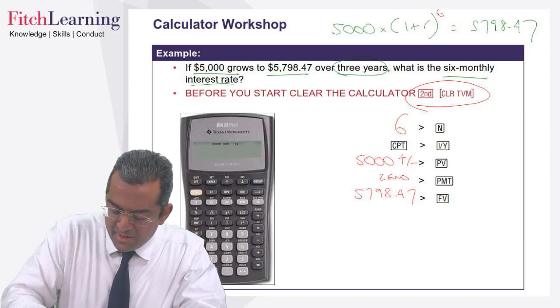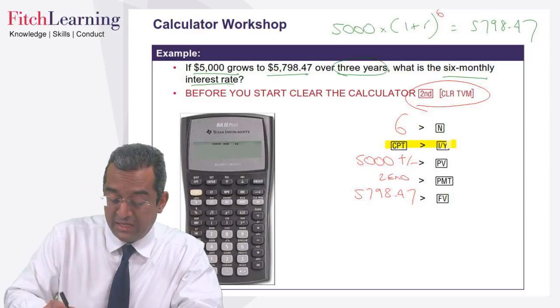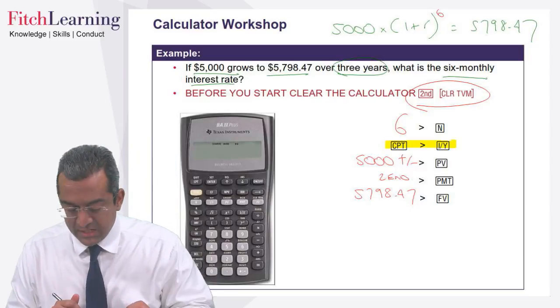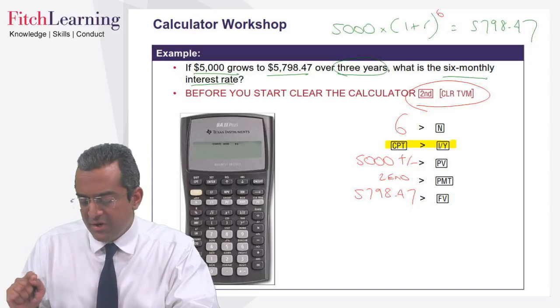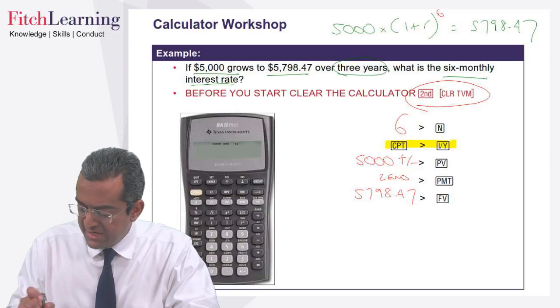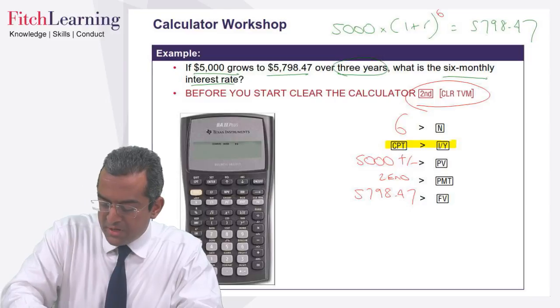And once you've got that in, compute your yield. So just chuck that through, see what you get. Let's compare notes there. The semi-rate, which grows 5,000 to 5,798. Yeah, how are we doing? Are we getting